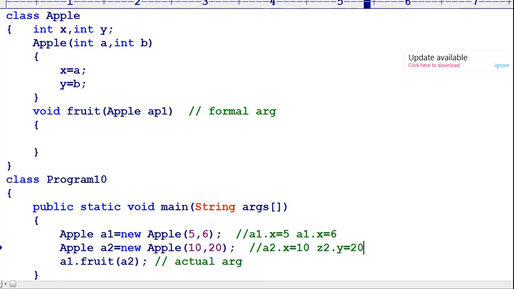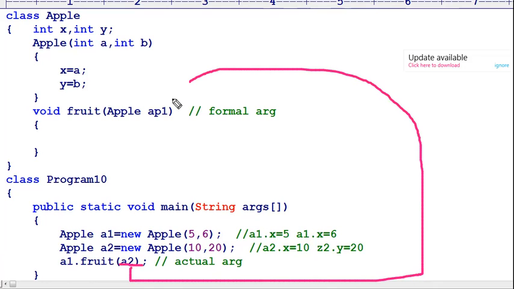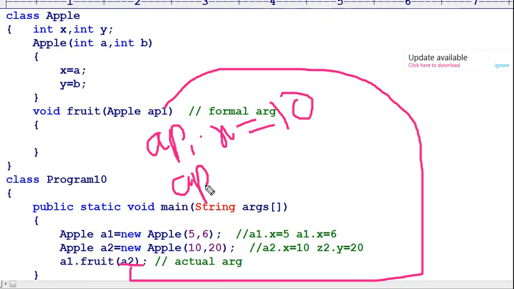Now a2, being passed here, will carry all the information. The a2 dot x value is given to ap1 dot x. Here ap1 dot x value is how much? It is equivalent to the second object, so the value will be 10, and ap1 dot y value will be 20.